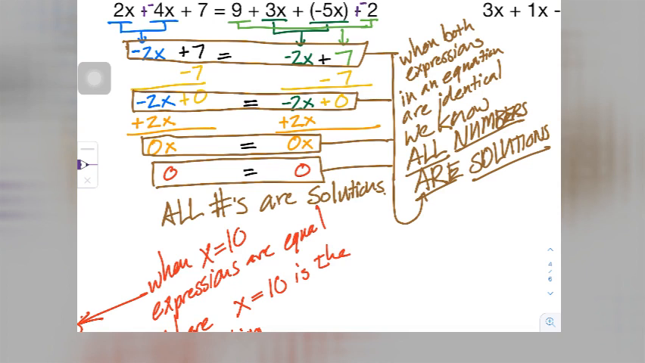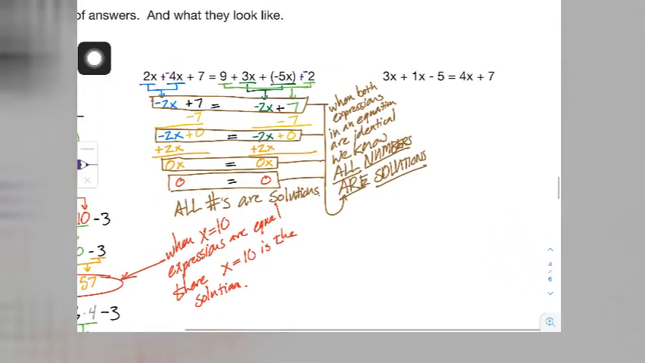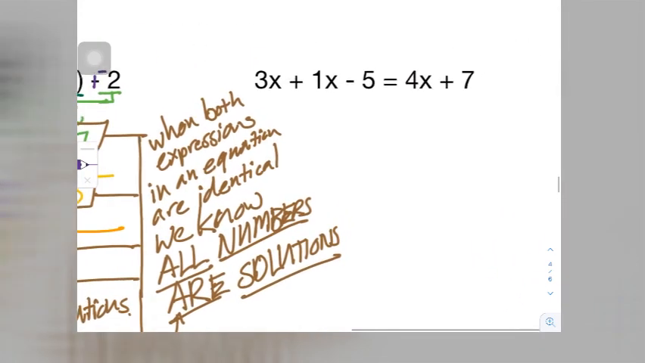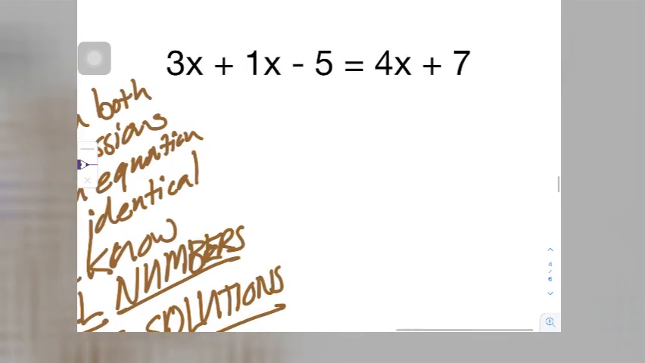Because all values for x will make this a true statement. Any number will make this a true statement. It's always a true statement. Okay, now we're going to look at this last one. So on this last equation,